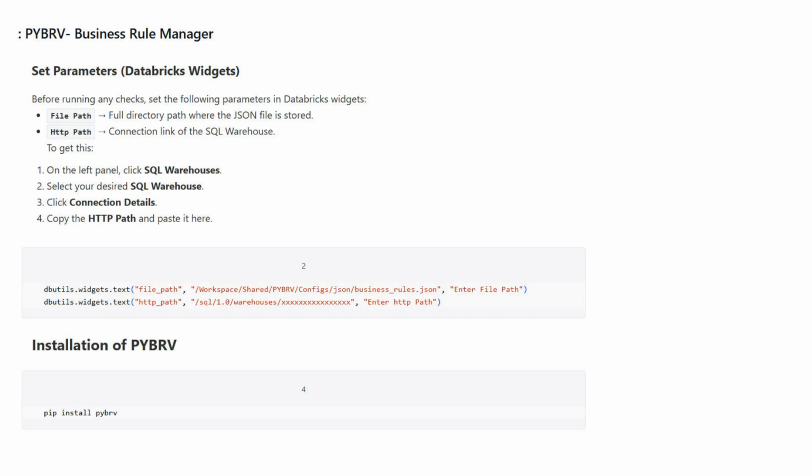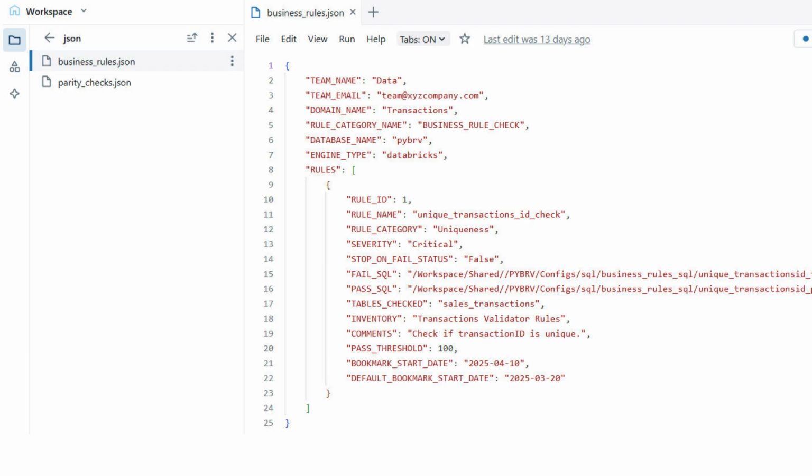The notebook will use the configuration in the JSON file to run the defined rule and save results directly into the PYBRV business rule check result table. If you query this table, you'll see data such as execution ID, rule name, domain name, test passed or failed records, and the final status of the rule executions. At this stage, you might be wondering, what if you want to add more rules? That's where